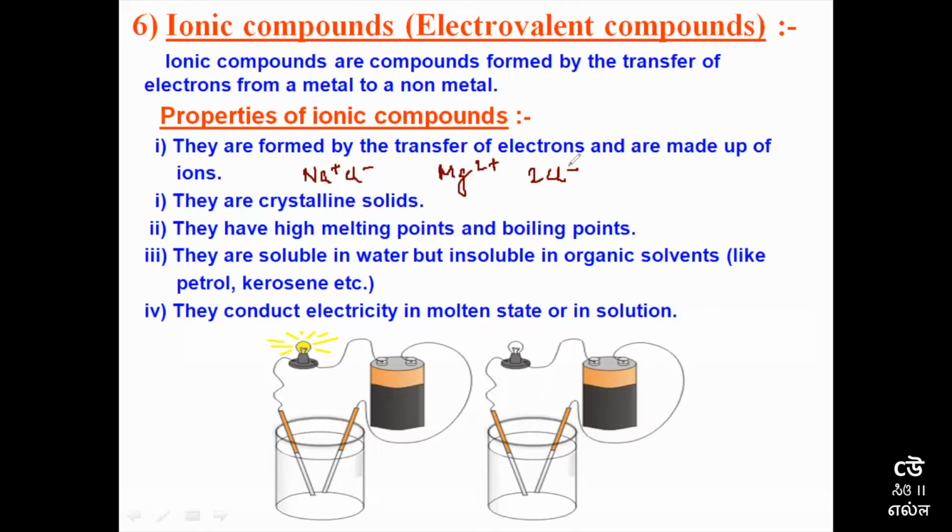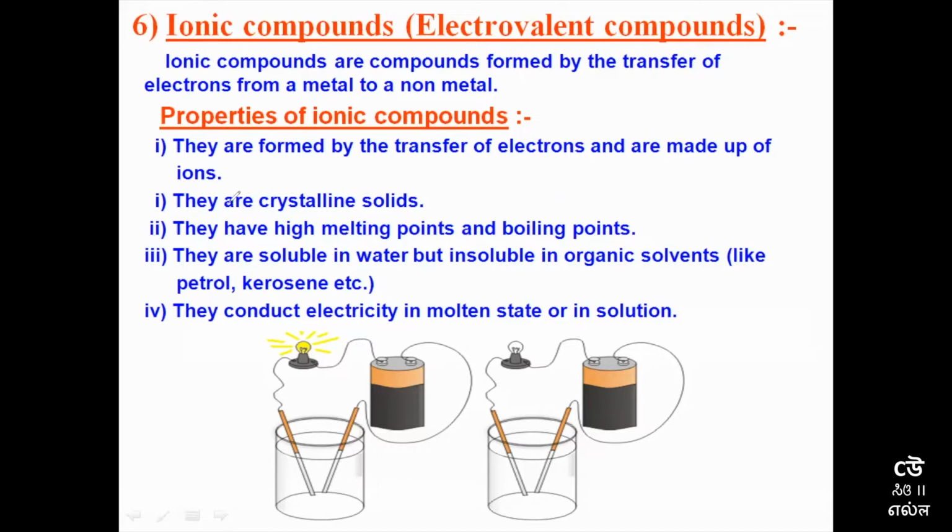Talking about melting point, we can say the temperature at which a substance starts melting is called its melting point. And what is the melting point of water? Remember, boiling point is 100 degrees Celsius while melting point is 0 degrees Celsius. So this was the third property of ionic compounds. Next